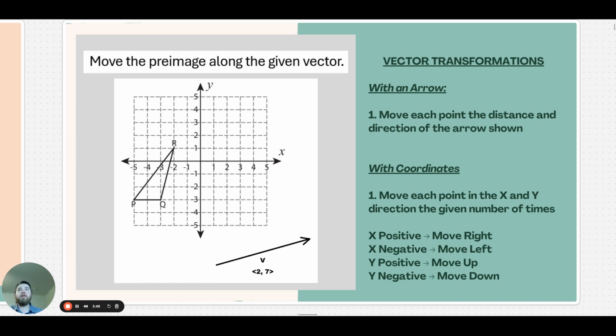So there's kind of two ways that you'll see the vector. One of the ways you'll see a vector is with a line like this. The other way you might see a vector is with a coordinate. It kind of looks like this right here. It's just like an ordered pair where you have an X and you have a Y in that. So those are the ways that you'll see a vector shown. For what we're looking at, we're going to start with the arrow. And basically we're going to move each point the same distance that this arrow is